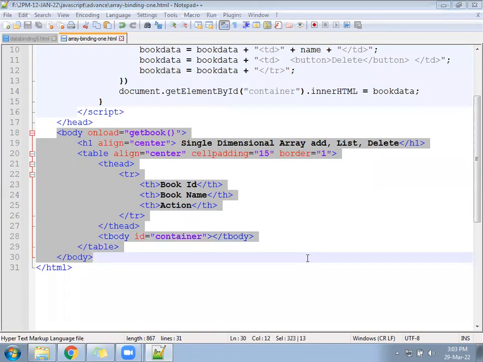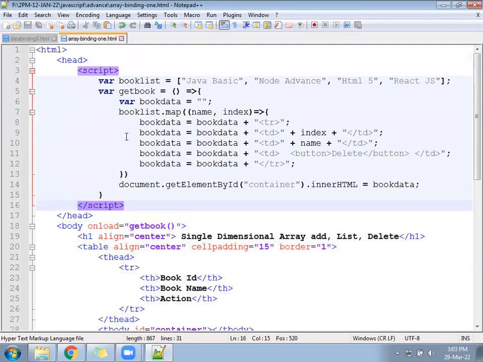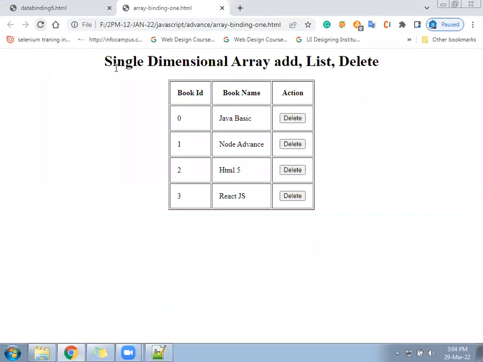Replace that. Then run the page. Replace the code and then check, it should work.